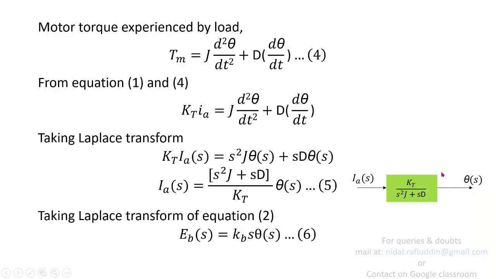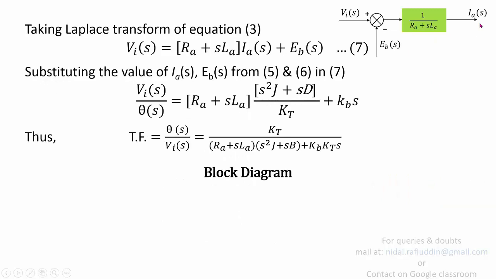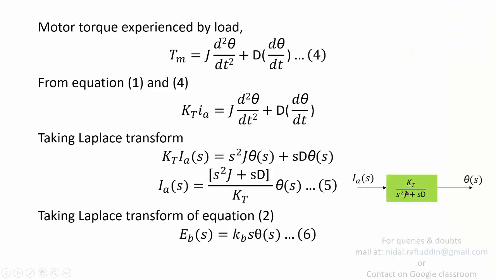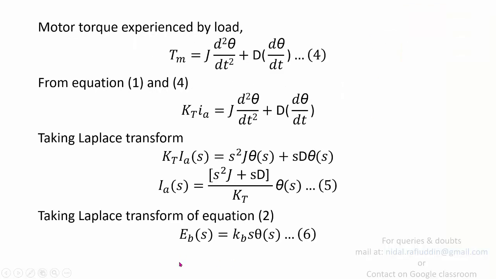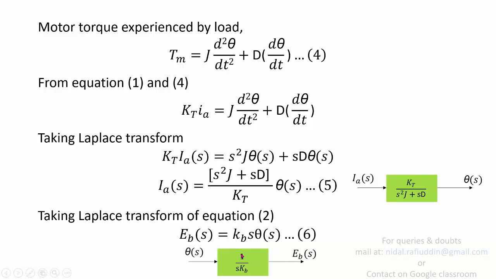Now if you connect these two blocks, the IA obtained from this particular representation fed to this block will give you theta(s). But you still have EB floating. You don't know where EB is coming from. So in order to know where EB comes from, you will be using equation 6. If you see equation 6, EB is given as KB S times theta(s). So if you are going to multiply the output theta with a block SKB, so if you feed theta into the block 1 upon SKB,